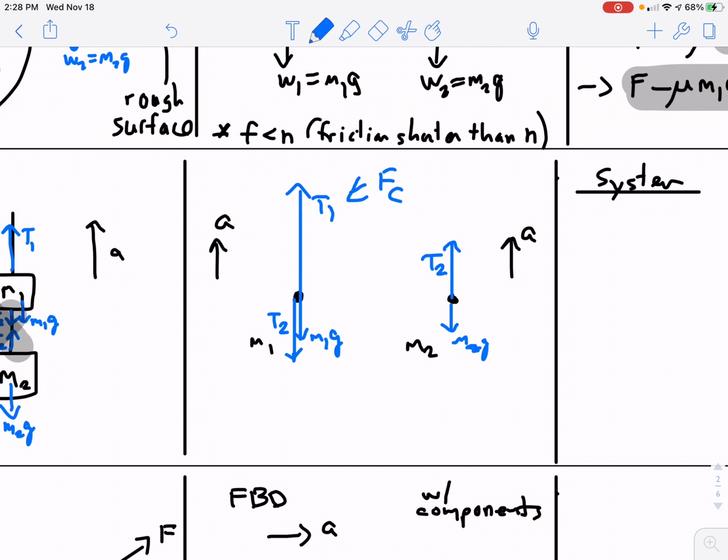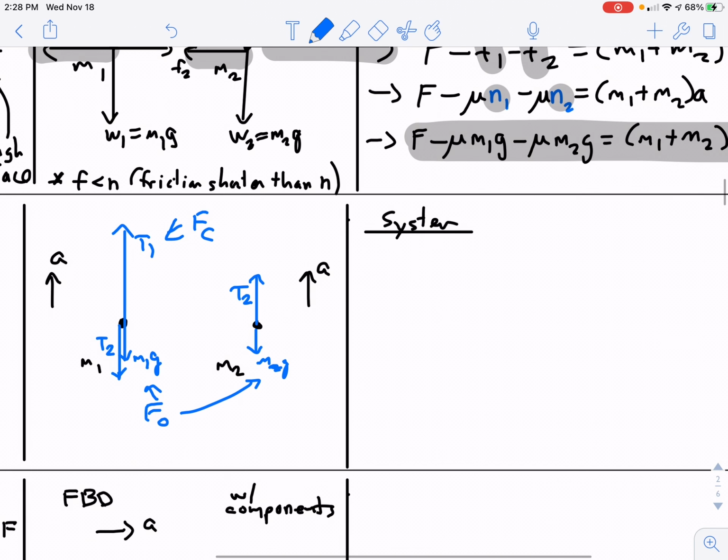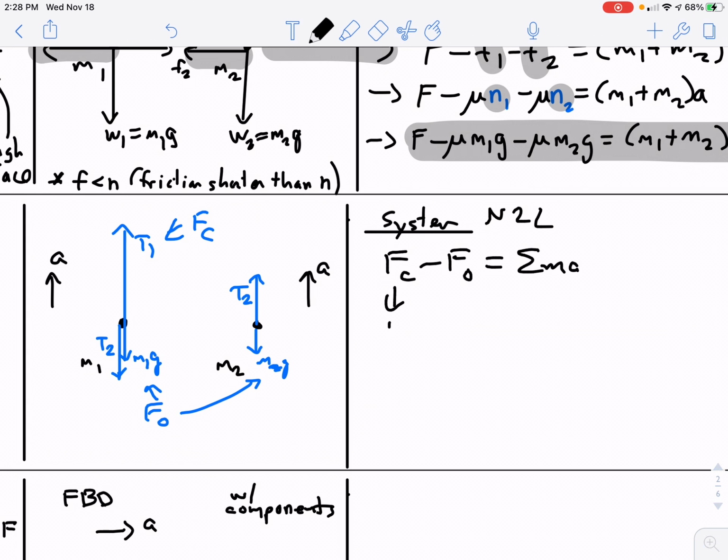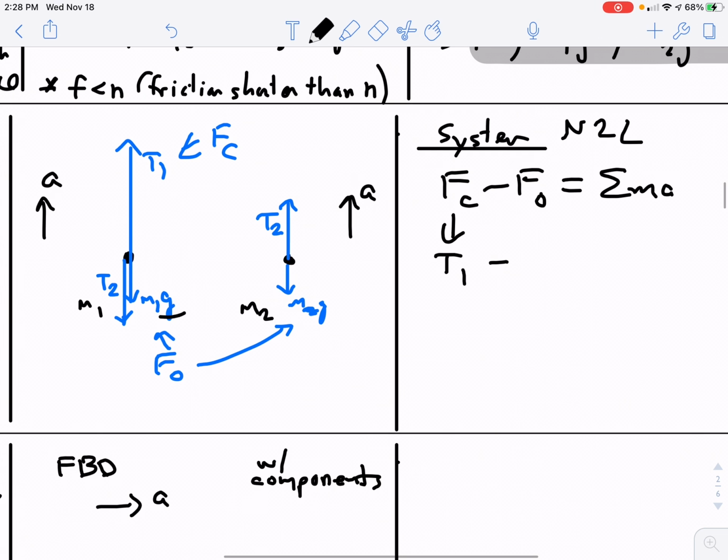Tension 1 is a causing force. Weight 1 and weight 2 are opposing forces. And so if we apply Newton's second law for the system, causing force minus opposing force equals sigma MA. Causing force would be tension 1, minus, well, you have two opposing forces. You have weight 1 and weight 2. So I'm going to subtract both of them. Minus M1G minus M2G